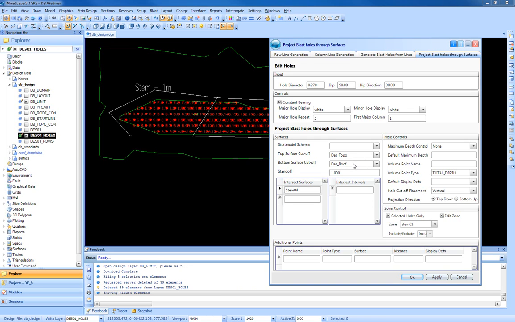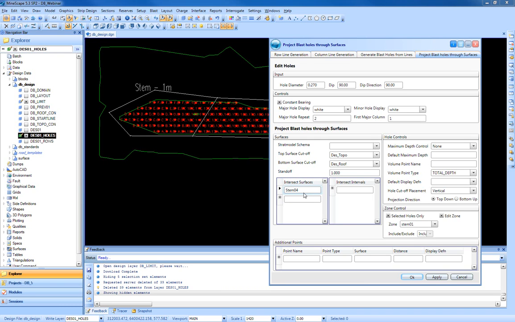I'm also going to apply stemming intersection in each of the blast holes. This is important so that when the charging occurs, we get the right powder factor determined along with the correct ample length and mass. In this example, I'm going to use limit polygons to define the areas to apply the stemming depth to. In my design, I am assuming that any blast hole that is less than 14 meters, I will be applying a stemming of 1 meter, and anything above 14 meters, I will be applying a stemming of